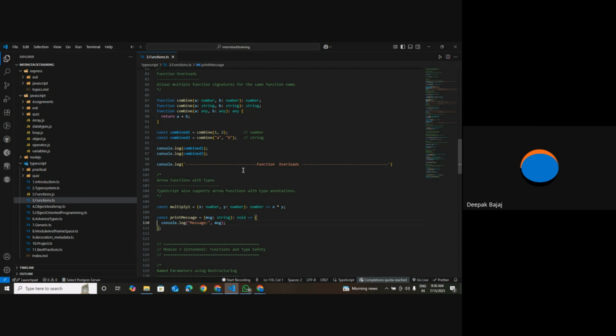Kapil, could you explain? Sir, arrow functions are a shorter syntax for writing function expressions. Okay, apart from that,